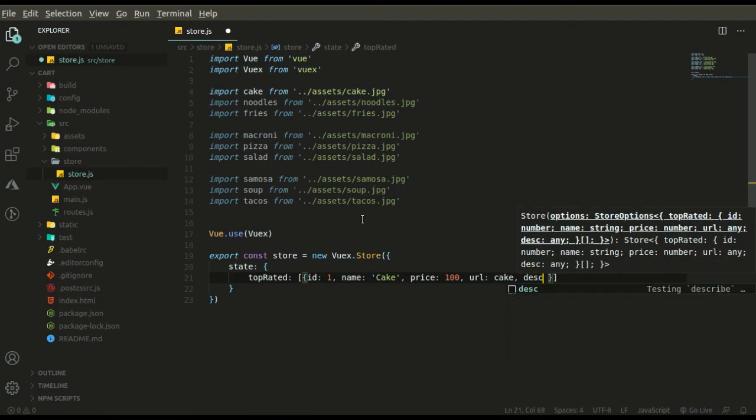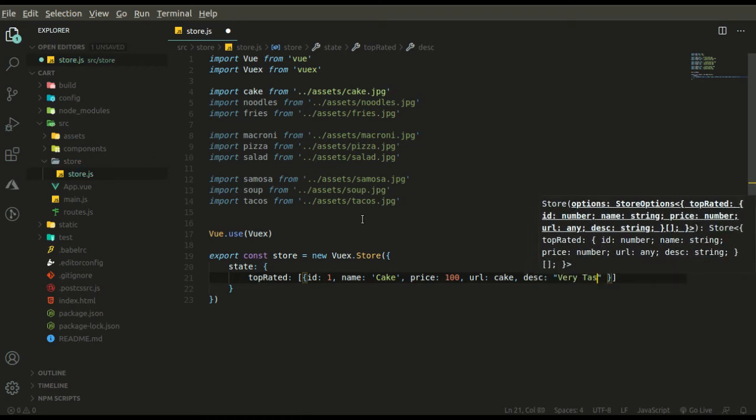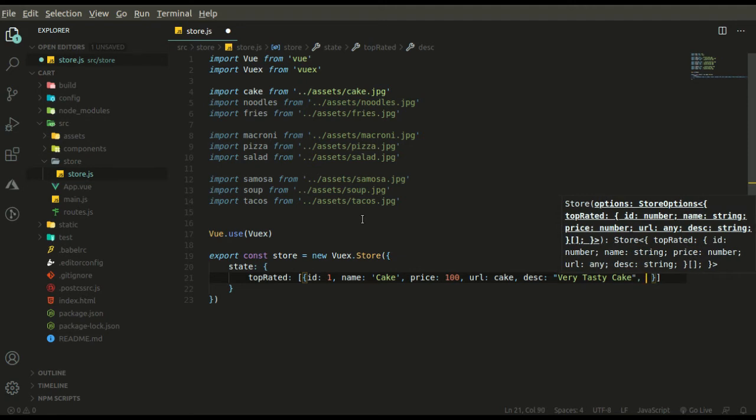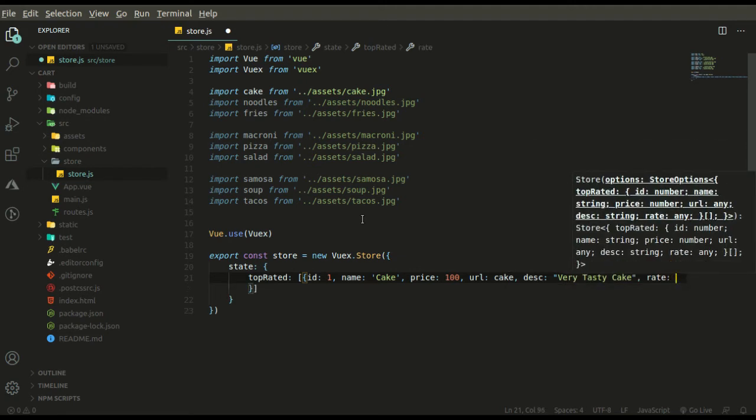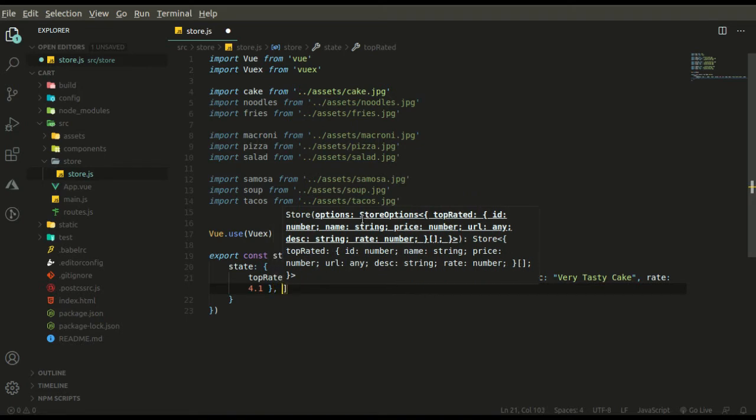URL of the image goes here. Then we have description, like we can give any random description like very tasty cake. Then goes our rate. Okay, so let me complete it down for you.